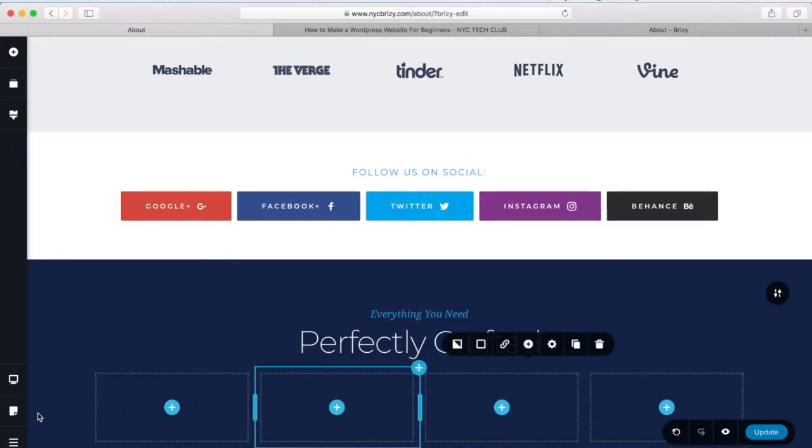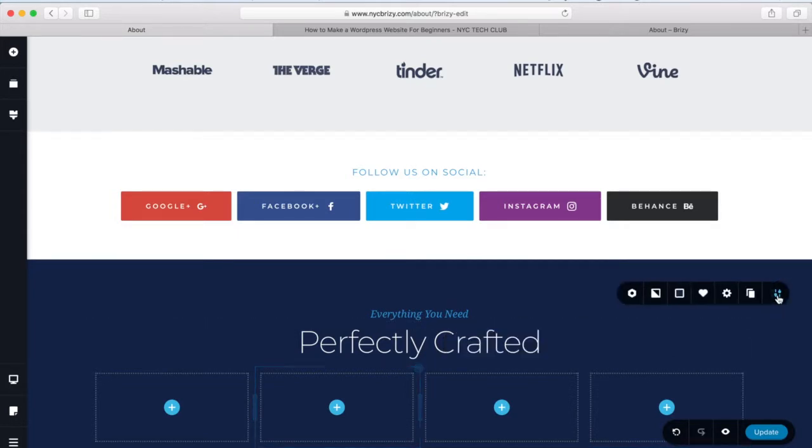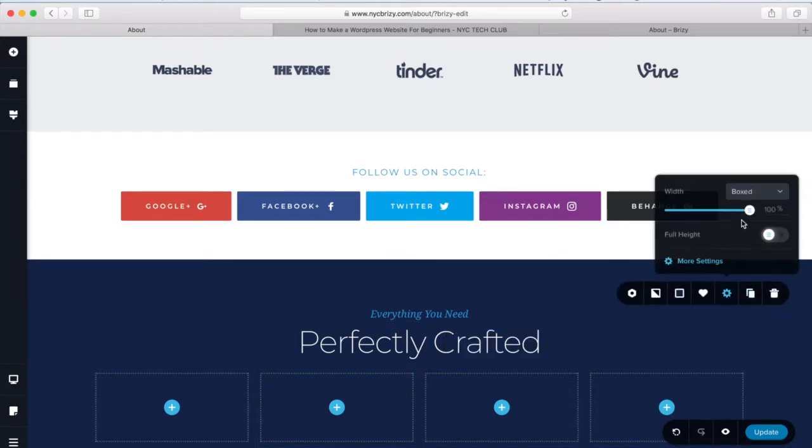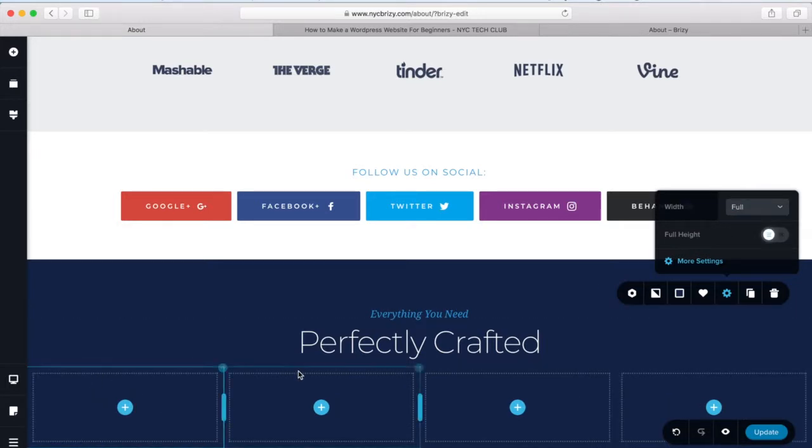And I actually want to make this full width, so from one side to the other. So I'll go into my settings over here and just change this to the full width option. So now we have columns all the way across. Okay, so now what we can do is add our text boxes and everything like that, but what